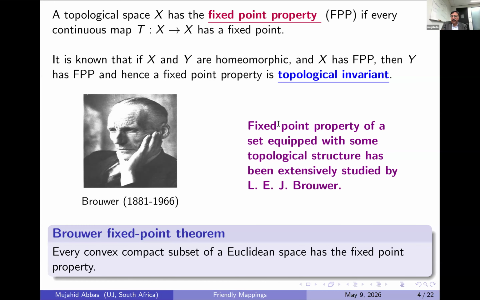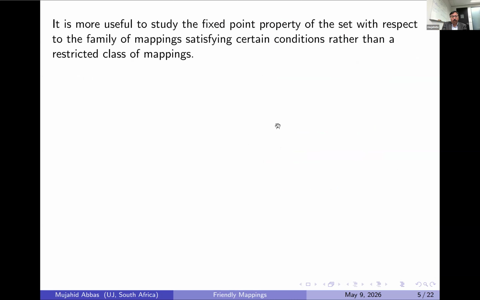Keeping this in mind, if I prove this theorem on the closed interval -1 to 1, then every closed interval AB has the fixed point property, because every closed interval AB is homeomorphic to the closed interval -1 to 1. In a similar way, an open interval is not homeomorphic to the set of all real numbers, so the open interval does not have the fixed point property.